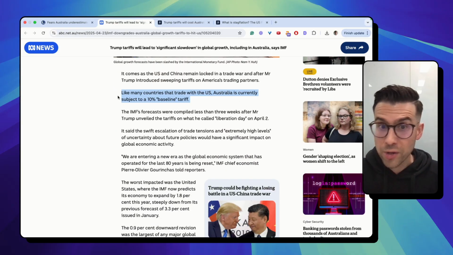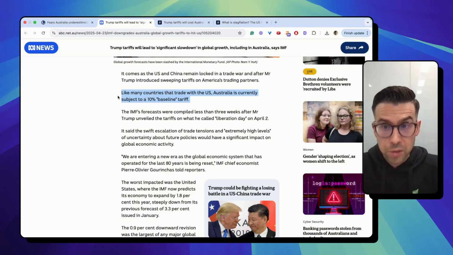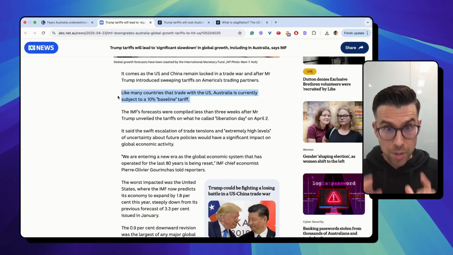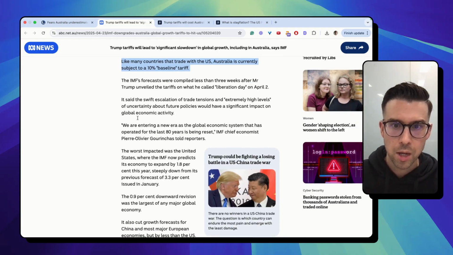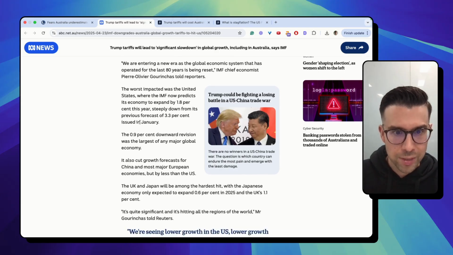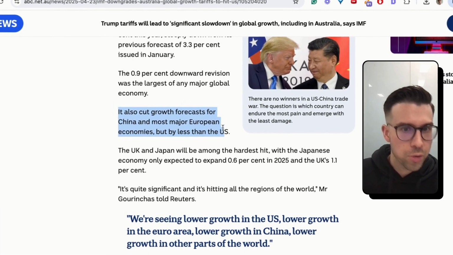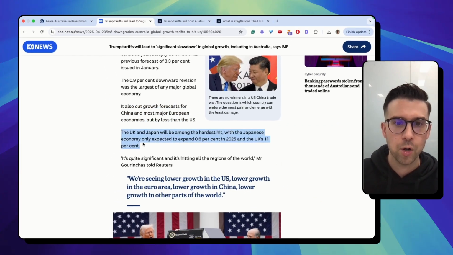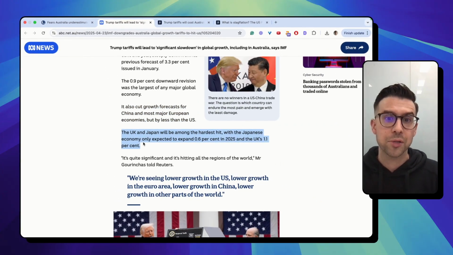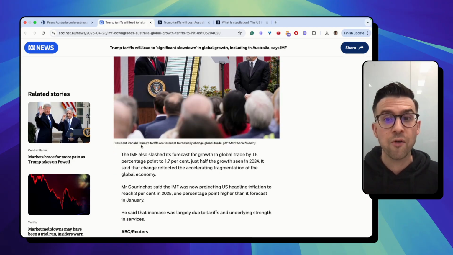Now, note, we only have a 10% baseline tariff, right? So this is the impact for us. And I think, relative to some other countries, we've got very minimal tariffs. And so, for other countries, the impact's obviously going to be a lot greater. Now, they've also cut growth targets for China, and most European economies, and the UK and Japan are going to be the hardest hit. Okay, so the Japanese economy is only expected to grow 0.6% in 2025, and the UK